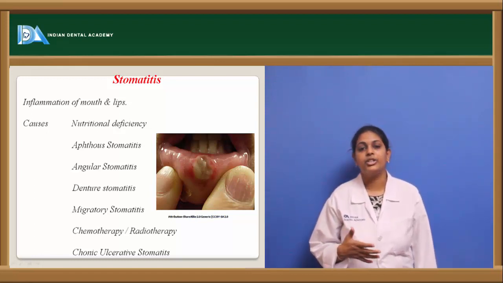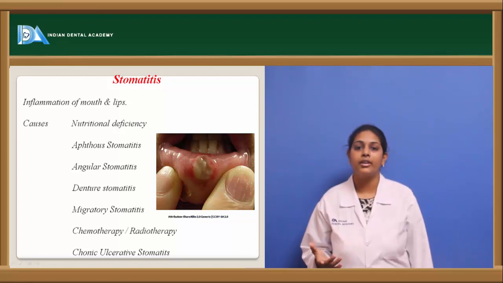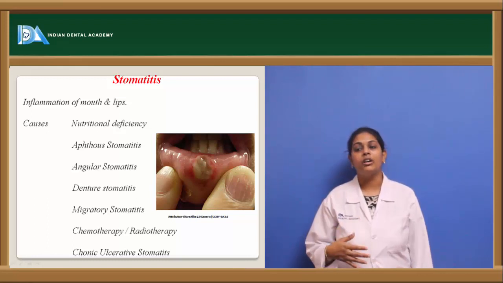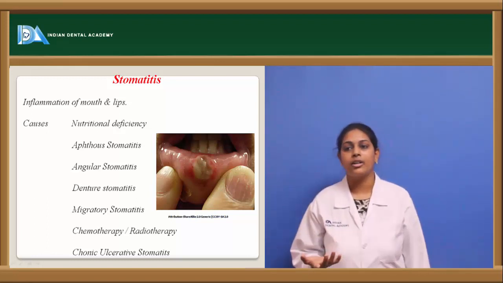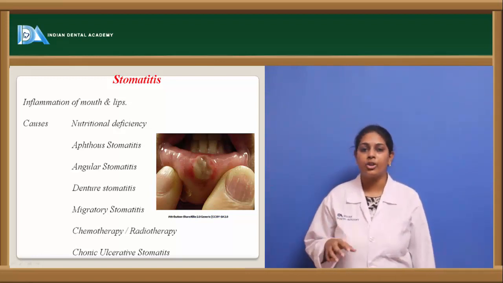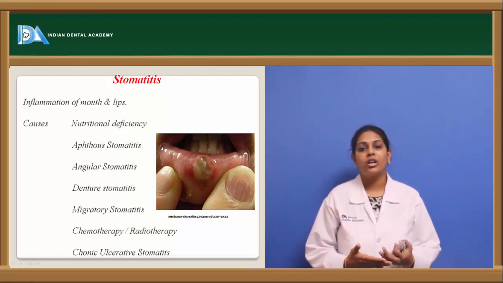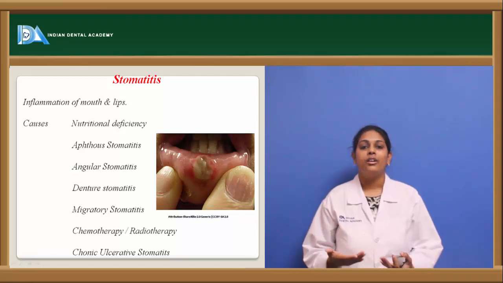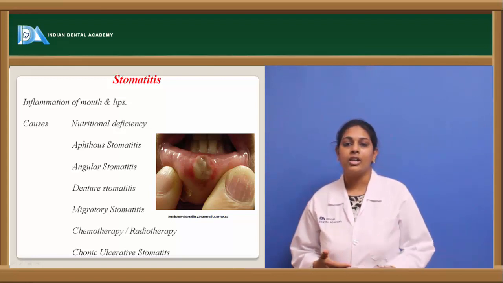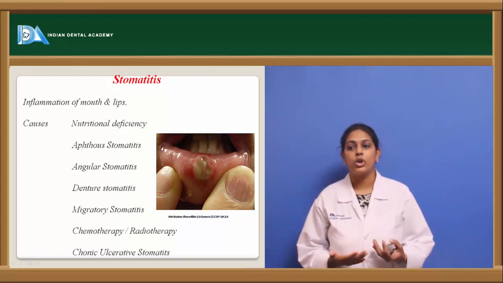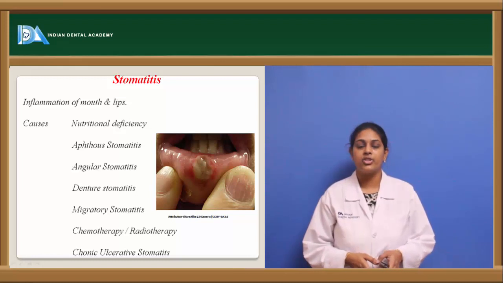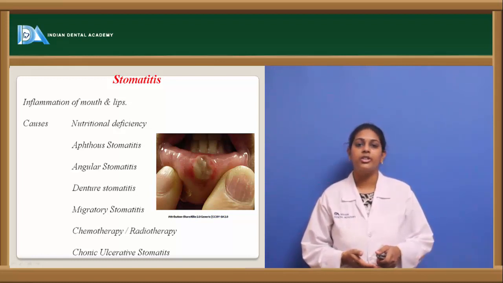Migratory stomatitis is a condition we see in benign migratory glossitis, that is, geographic tongue, where we see atrophy or inflammation of the tongue, which is also known as migratory stomatitis. Otherwise, after chemotherapy and radiotherapy, it is known as mucositis, because the patient might develop hypersalivation or decreased levels of saliva, and this might in turn cause inflammation or formation of ulcers, and this is known as stomatitis. This is also one of the reasons for stomatitis to occur. Other than that, chronic ulcerative stomatitis is also a condition we see when it is